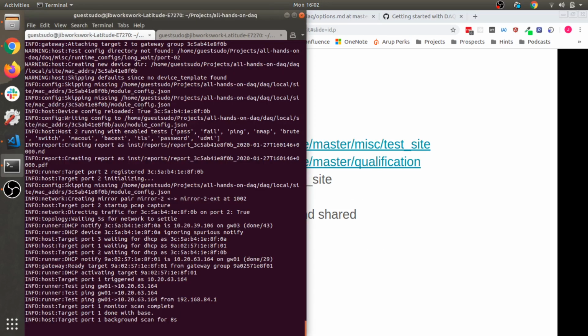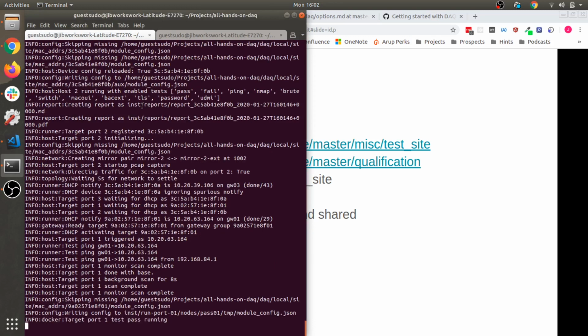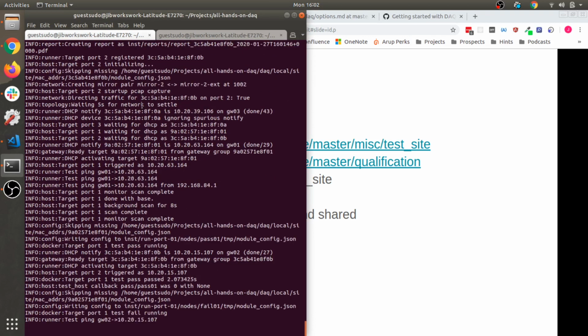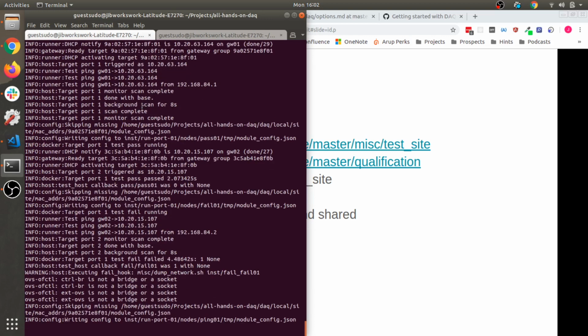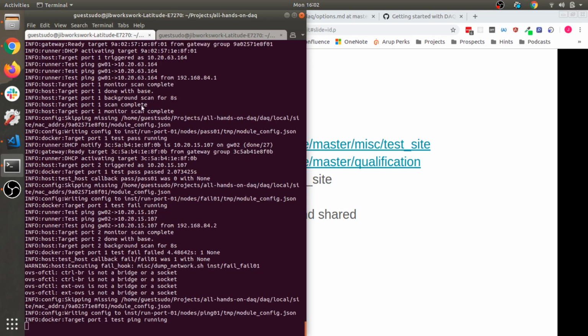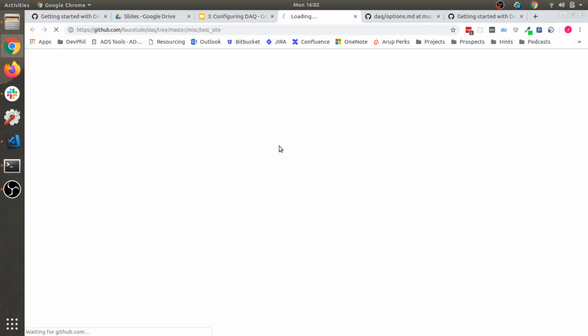So while running that, the first part of the videos is just going to be to talk about different faux device configurations, mainly because you can run all of this faux stuff on your laptop without any external stuff, and it's a really good way to get your head around configuring DAQ and what different things do. So if we just have a look at these,